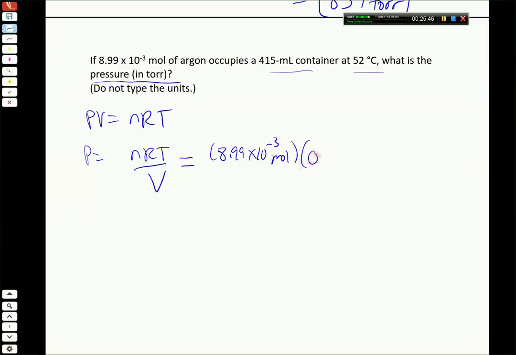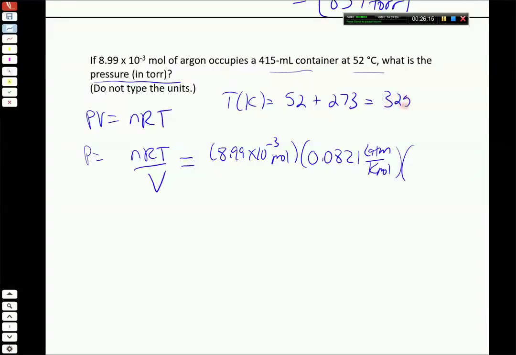R is the universal gas constant, which is on our periodic table, 0.0821 liter atmospheres per K mole. And so this tells us the rest of the units we need: we need our volume to be in liters and our temperature to be in Kelvin. So our temperature here is 52 degrees Celsius. So the temperature in Kelvin is going to be 52 plus 273, which is